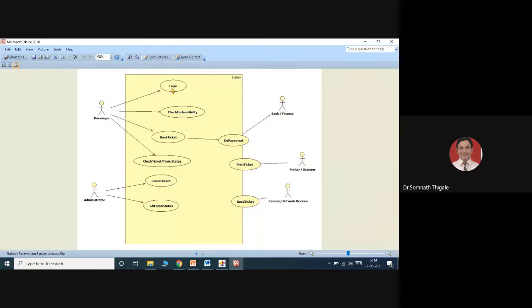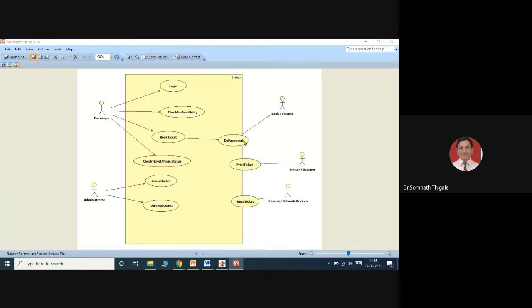Is this part clear? So take the screenshot of this. Whenever you get time, try to draw this use case diagram, user interactions with the system. As per your time availability, you can complete this flow.